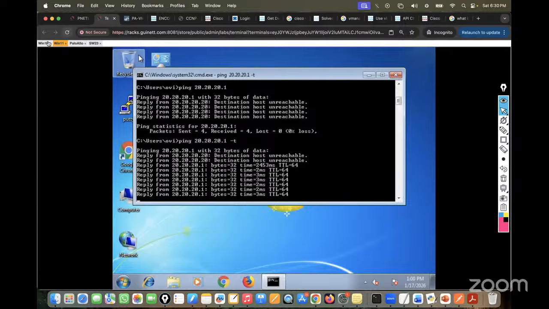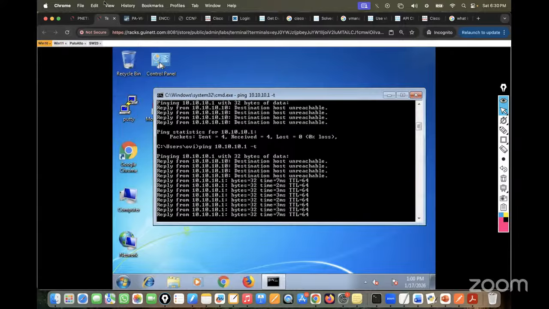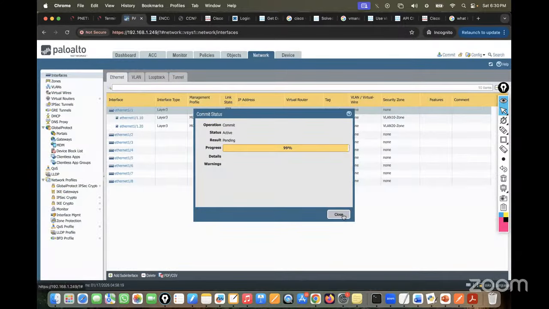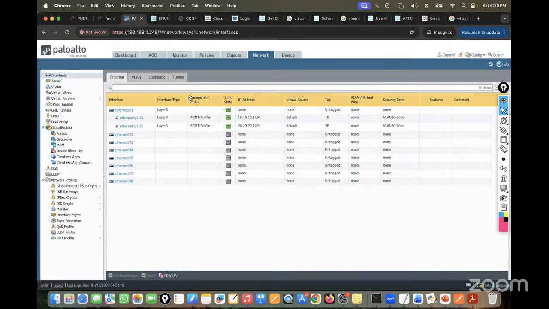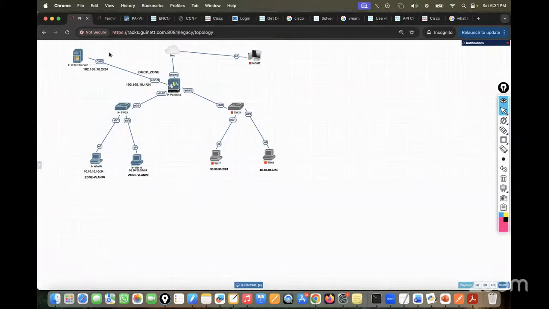See, they start pinging both, because we configured the management interface. Now, if they want to talk to each other, I will come to the virtual router again. How are they going to talk? This PC cannot talk to this PC